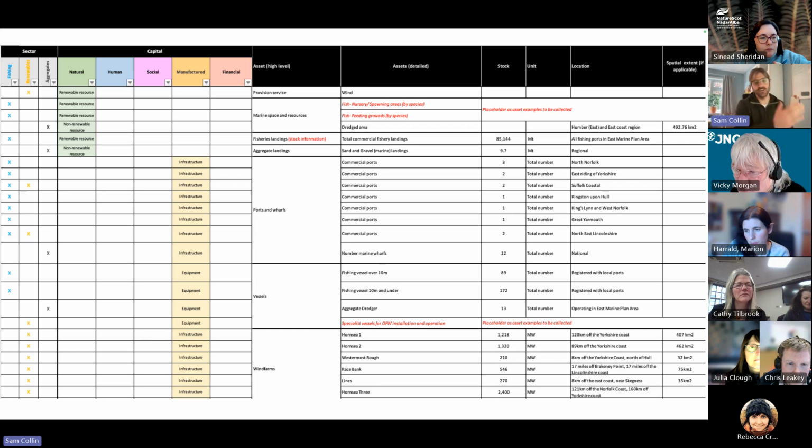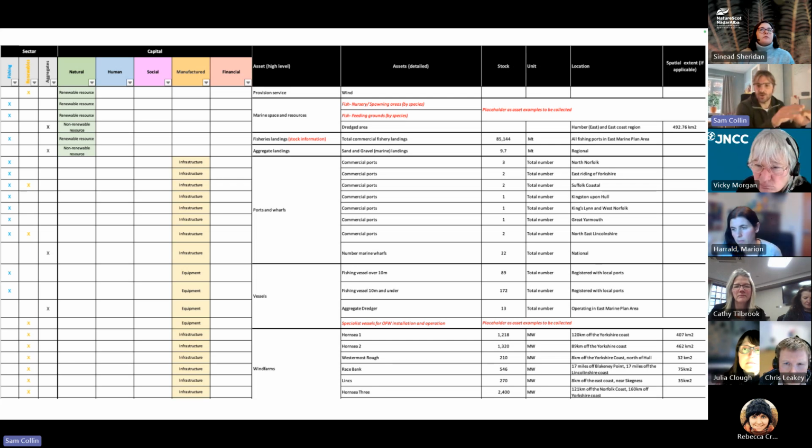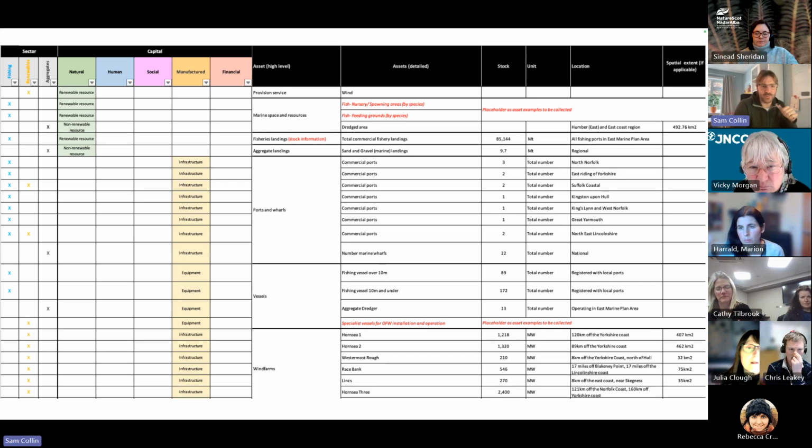And then on the right-hand side, it's the more detailed information about the status of that asset. So with this large matrix, essentially, you can filter down to address specific questions or interests you have. I'm going to skip on to the next slide. The whole asset register is available to download from the MMO website as well, so you can look at that. It's one of the downloads along with the report itself.